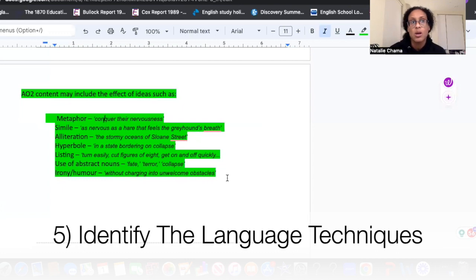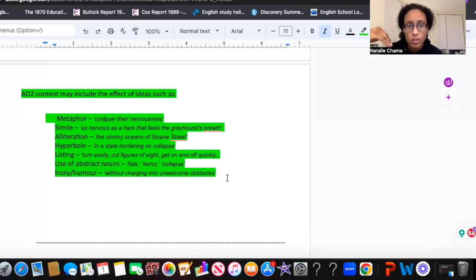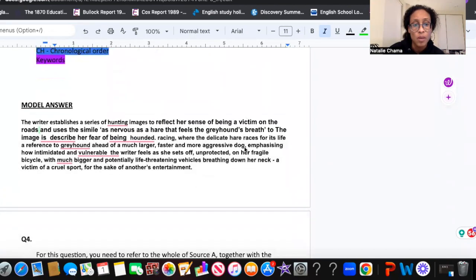From experience, my students have found it difficult to identify language techniques in non-fiction texts. And it can be really, really hard, but sometimes you just got to go back to basics on the list of language techniques that you already have learnt in school, your teenager has learnt in school, and just have a list. Even if you have a list like this and you use this list and they replicate and use this list again, and they can find the examples in whichever non-fiction text that they have,